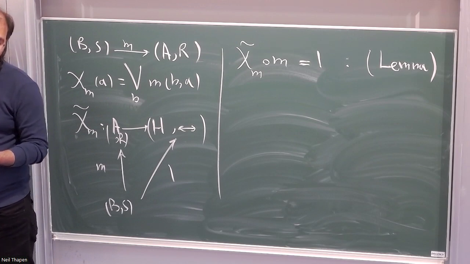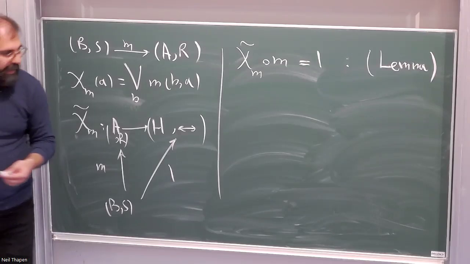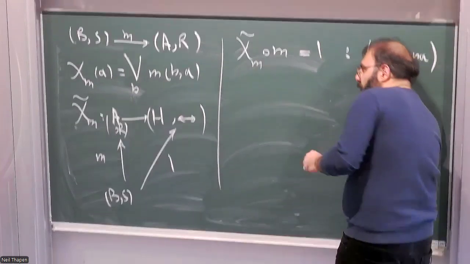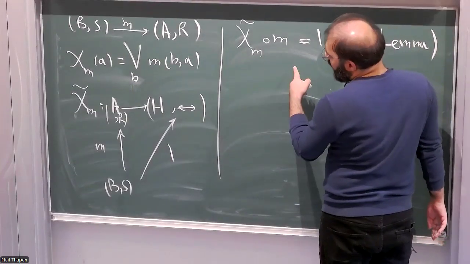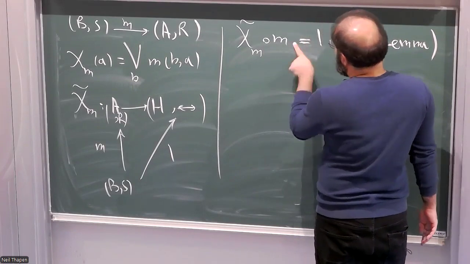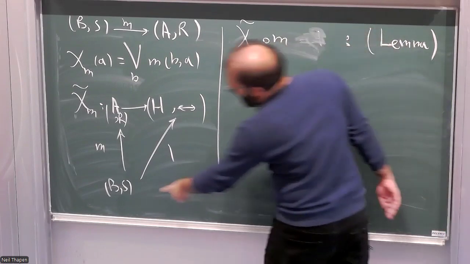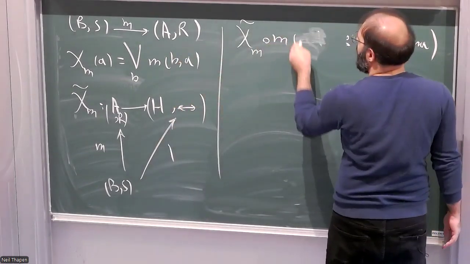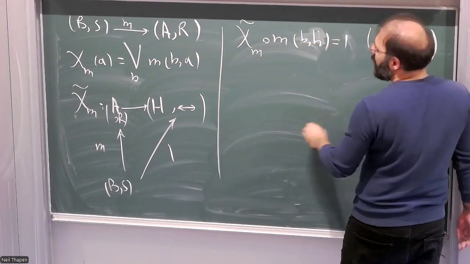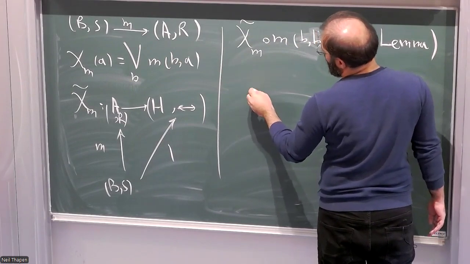That behind someone. This is like, I see what you're saying, but it's too abstract to mean anything. Yeah, but okay, that doesn't really matter. So just believe me that this is the case. And to prove it, probably you have to show that on any two things, right? And the guy goes from this to that. So then for any BH, that guy should be 1. And by definition, it is simply